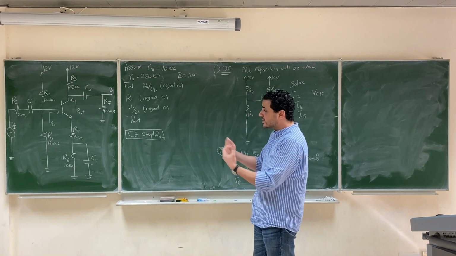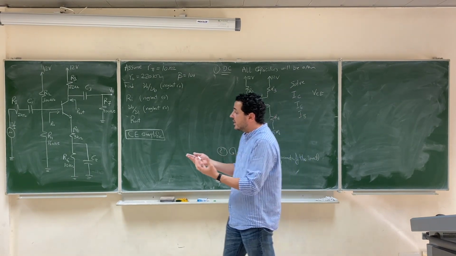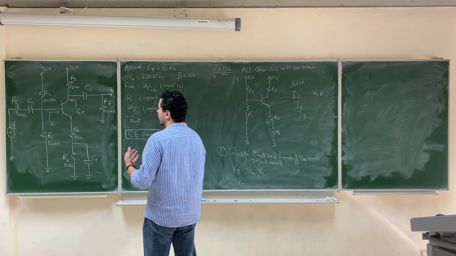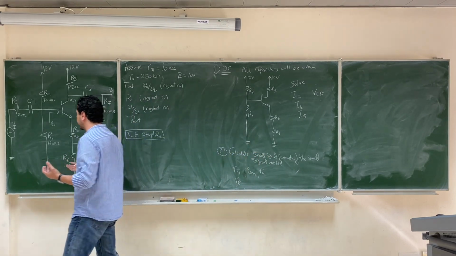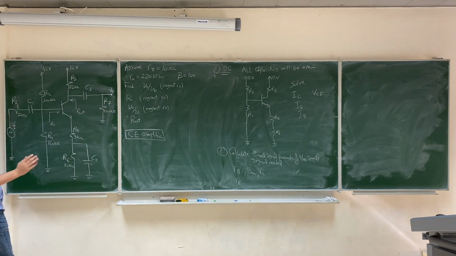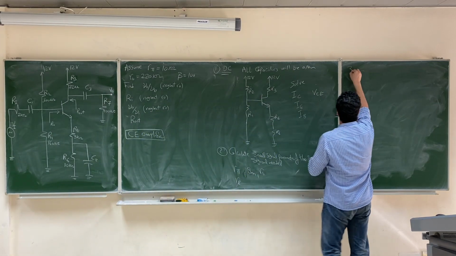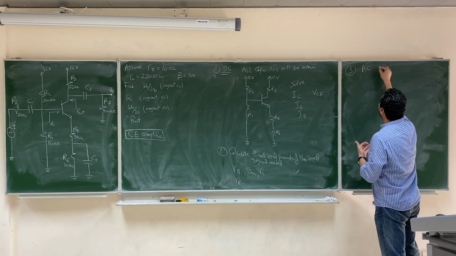So let's do that. But before we do that, after we calculate the parameters for the AC, let's simplify this circuit a little bit. So we'll go back to our original circuit. We'll simplify it a little bit. So we'll notice something, that when we solve, as the third step, the AC analysis,